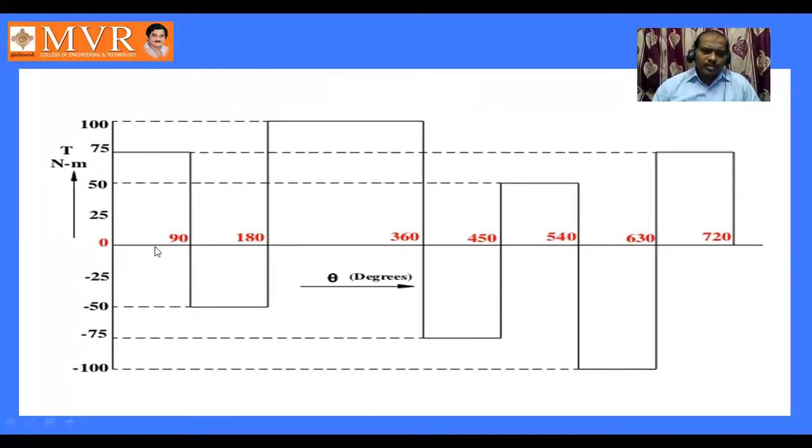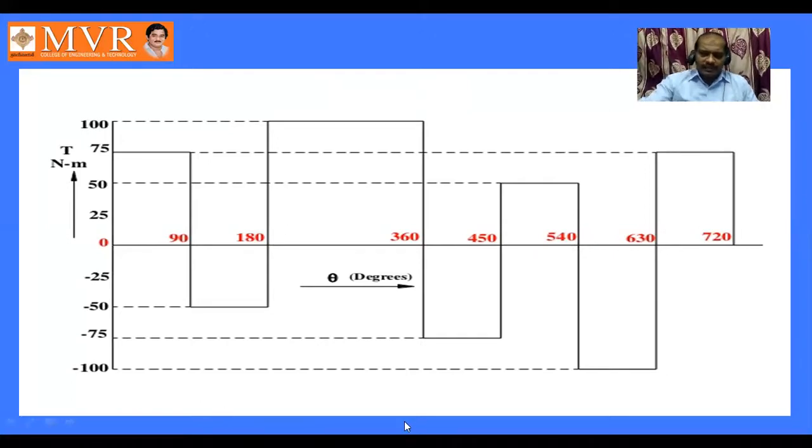Based upon this data, we have to calculate the energy developed at each cycle and ultimately how much is left. For this one, we know the formula. So this is the given torque diagram. For theta degrees they have mentioned, and for torque also they have given it in the form of a diagram. In the previous case, they gave it in the form of data, and based upon that data you calculated the energy values. Here, they have given it in the form of a diagram, so you have to calculate the energy values.